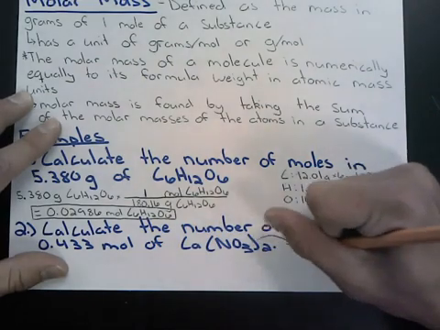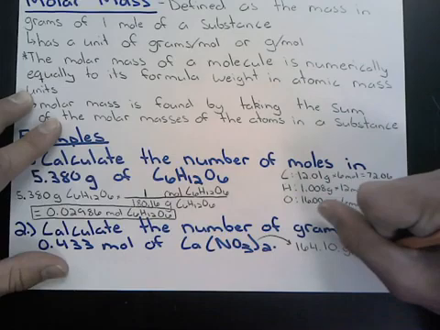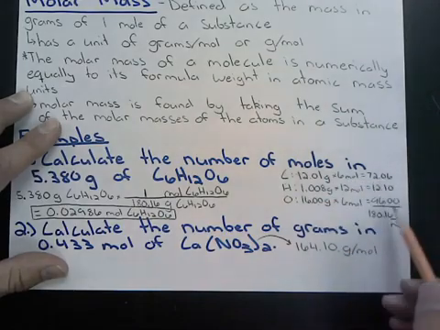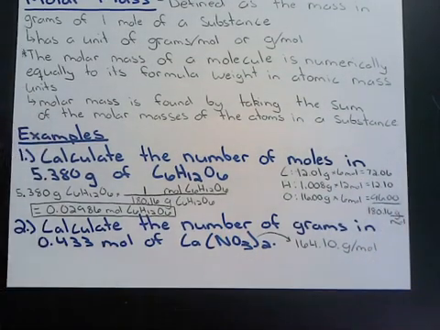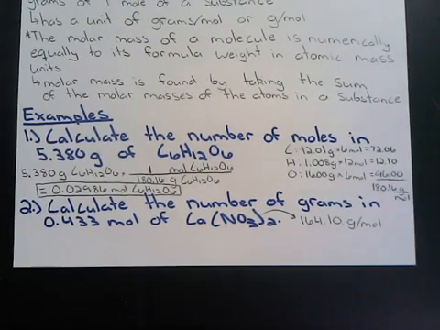It is 164.10 grams per mole. You can go through the steps like we did in the problem above, but calcium nitrate has the molar mass of 164.10 grams per mole. So again, we want to know the number of grams in 0.433 moles